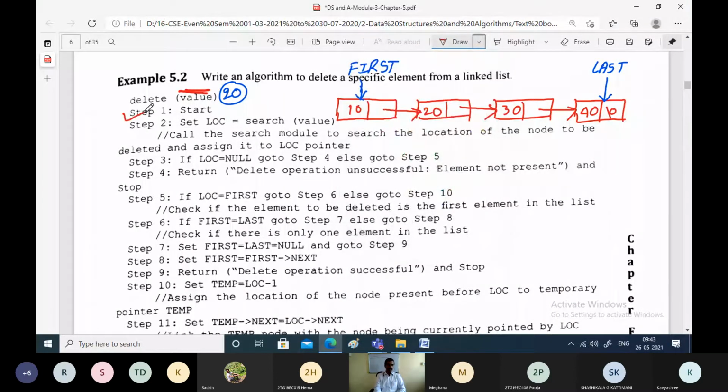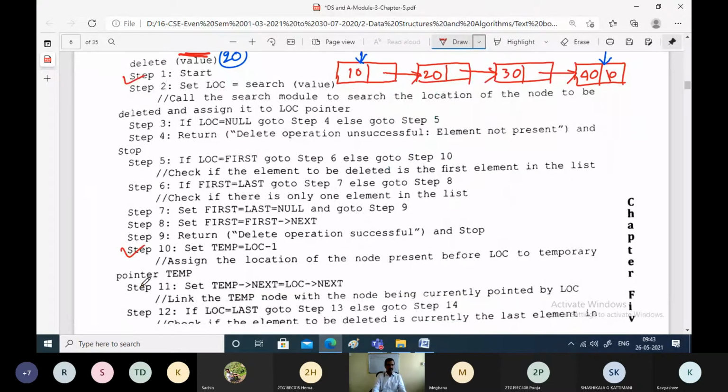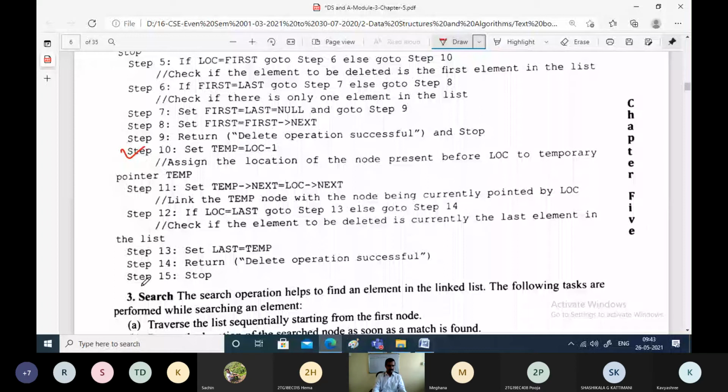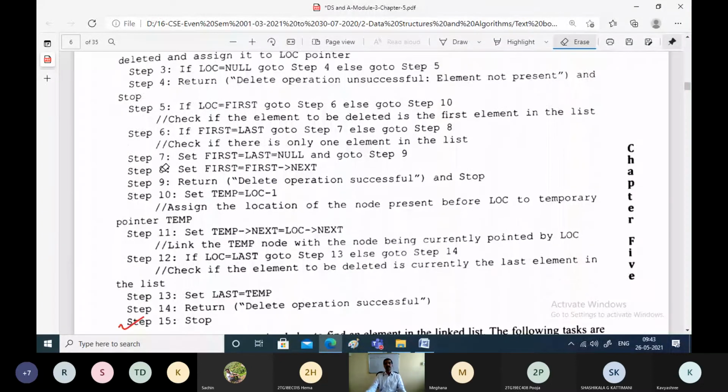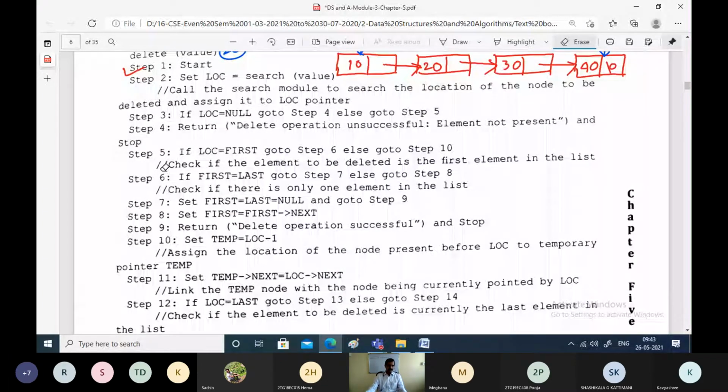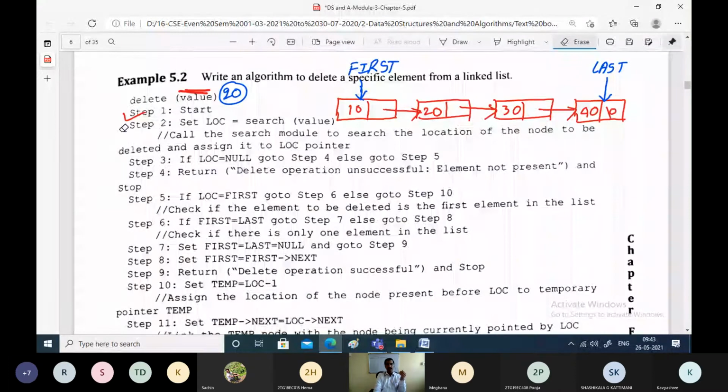Every algorithm will start from step 1 and end at the last step. Here it is step 15. This is a little complex because we have to search for the element first. Now what we have to do here is first set the location.